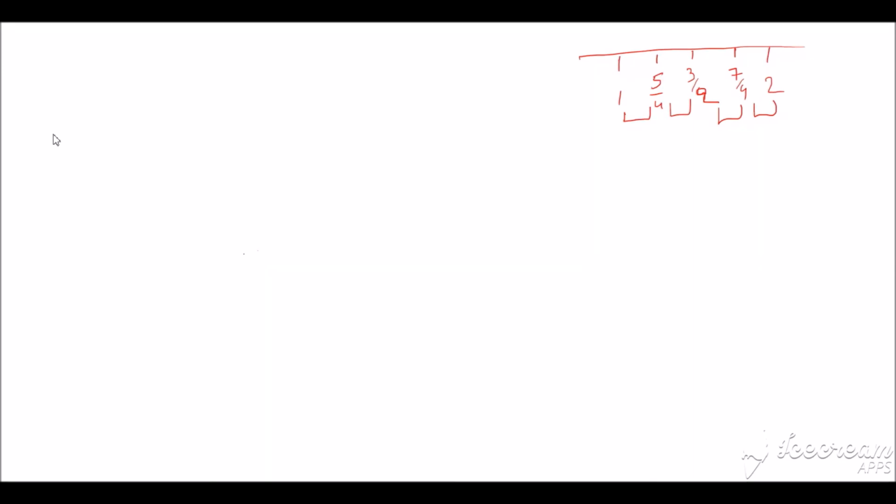Another example we'll see. If 1 by 5 and 2 by 7 are there, in between 1 by 5 and 2 by 7, if we want to find rational numbers, now here the denominators are not the same. So we need to first convert the denominators into the same, then we can find rational numbers.